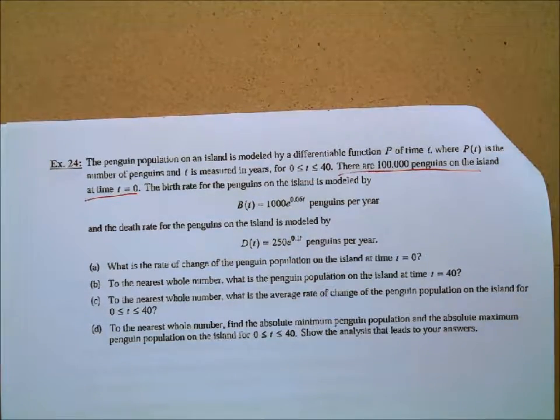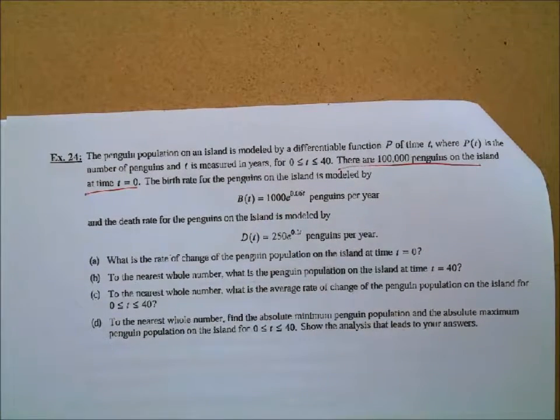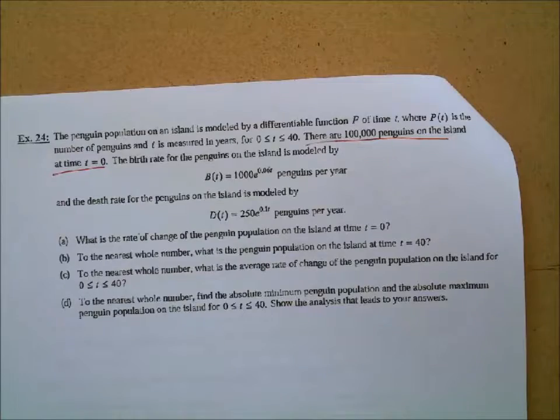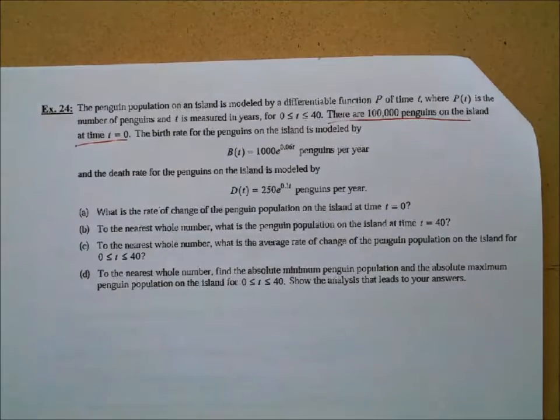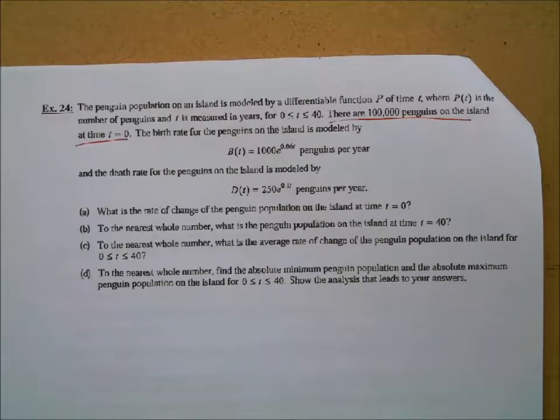The birth rate for the penguins on the island is modeled by B of t equals 1,000 e to the 0.06 t penguins per year. And the death rate for the penguins on the island, no one wants to think about dying penguins, but there it is, is D of t equals 250 e to the 0.1 t penguins per year. All right. So letter A, what is the rate of change of the penguin population on the island at time